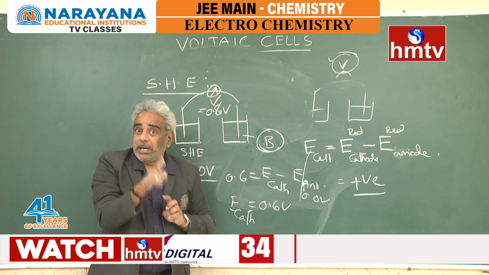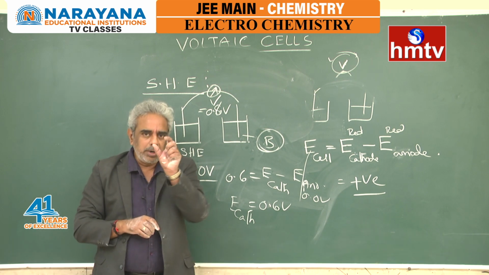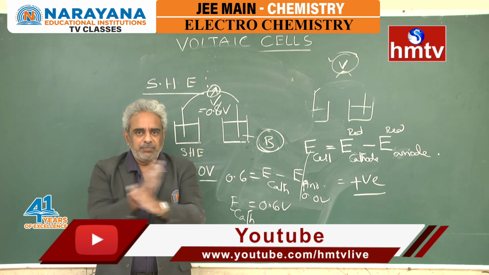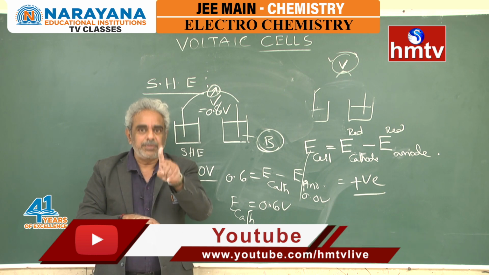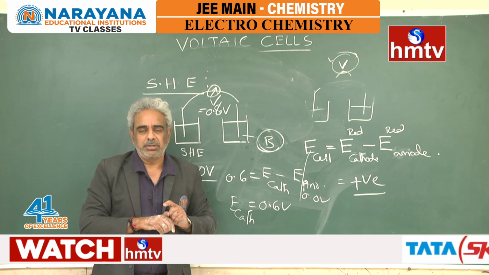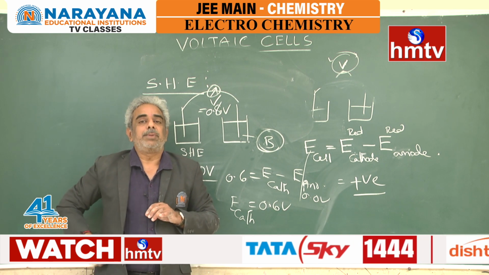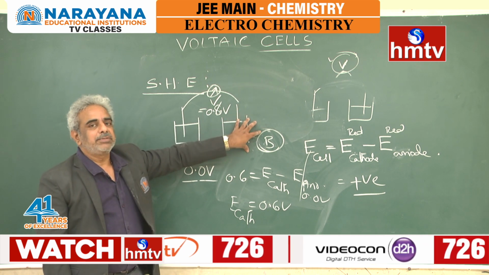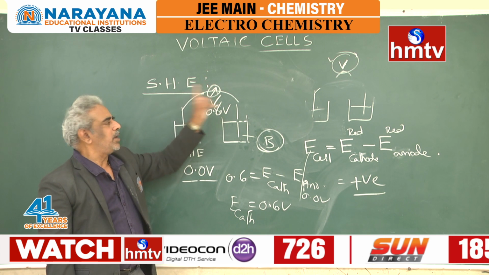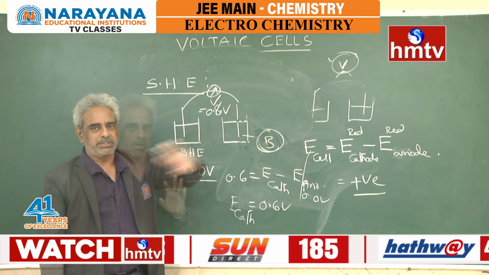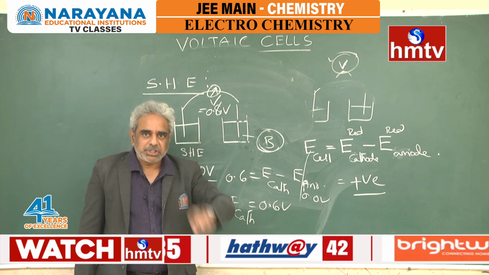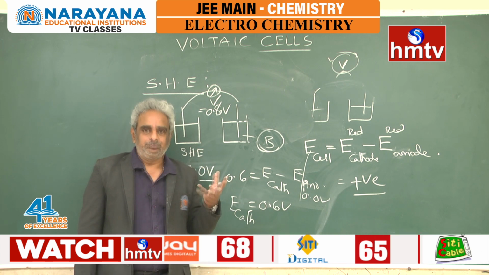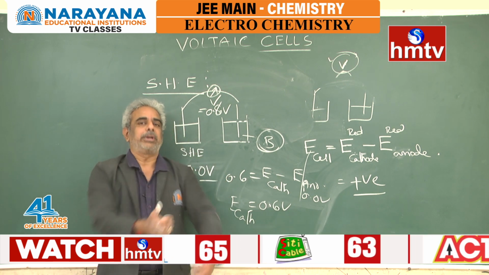I repeatedly tell you, an electrode can be constructed very easily. An electrode is a small combination of chemical species which is capable of shifting in both directions. The species must be able to be represented with a half cell reaction. There should be electrons and it should be capable of receiving electrons and giving electrons. Such a combination you keep here. And when this is connected to standard hydrogen electrode, whatever value is shown here is the potential of this. So now we could understand how to measure, how to determine the absolute single electrode potential.